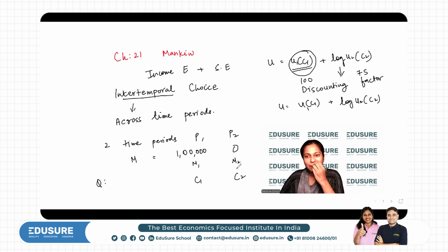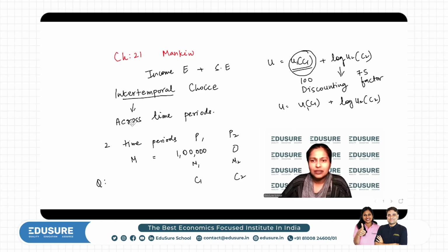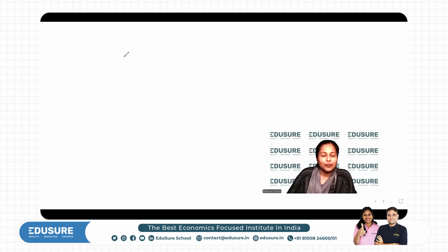The U1 and this thing can get confusing, so let's just call it some function of C1 and some function of C2. This is how the utility function over consumption in the two periods looks. C1 and C2 are the consumption, and that's what we care about. Now, what's the budget line that we have across these two periods? Since I don't earn anything in period two, how do I consume in period two?